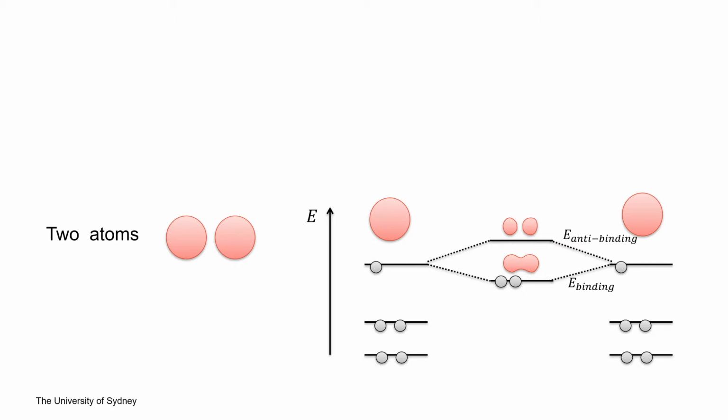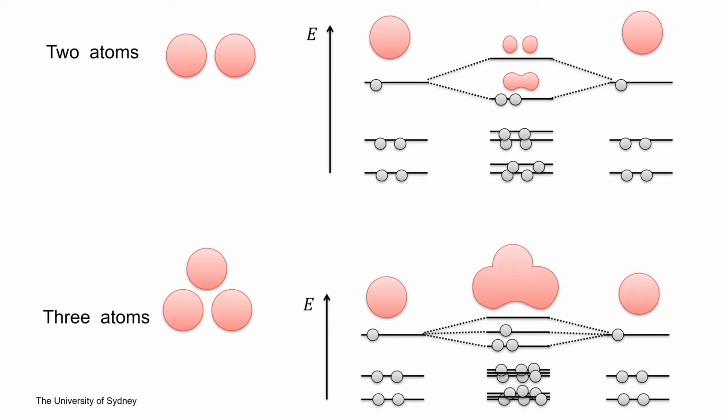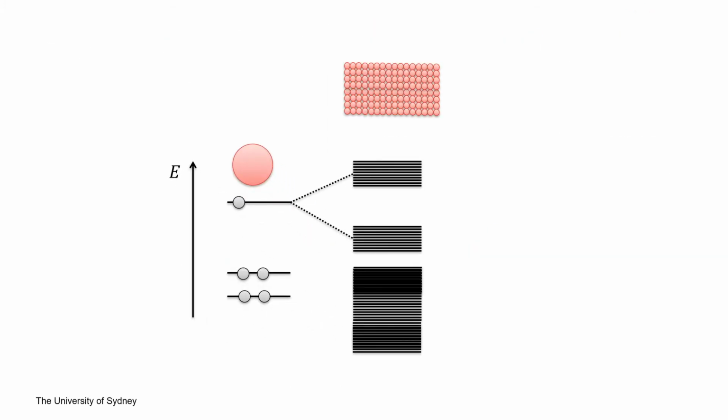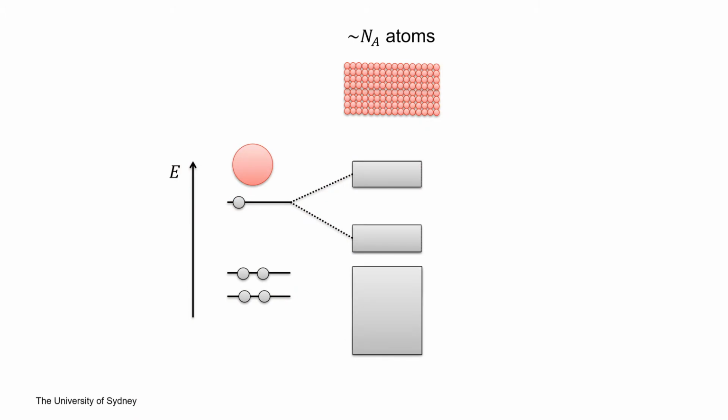In fact, something similar also happens to the inner shells. Their states combine, although much less so, and their energy shifts are much smaller. When combining two atoms, the energy level is split in two. When we combine three atoms, each level is split in three. And if we combine n atoms, each level is split in n. Some are binding, some are anti-binding, and so we get this collection of energy levels. If the number of atoms is very large, say 10 to the 23, the energy levels are so close together it hardly makes sense to distinguish them, so we then consider them a continuum of states and call them energy